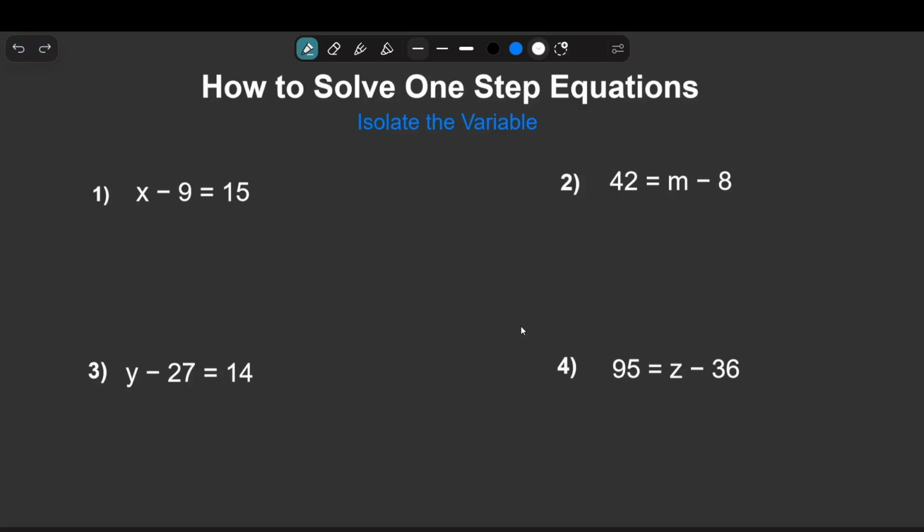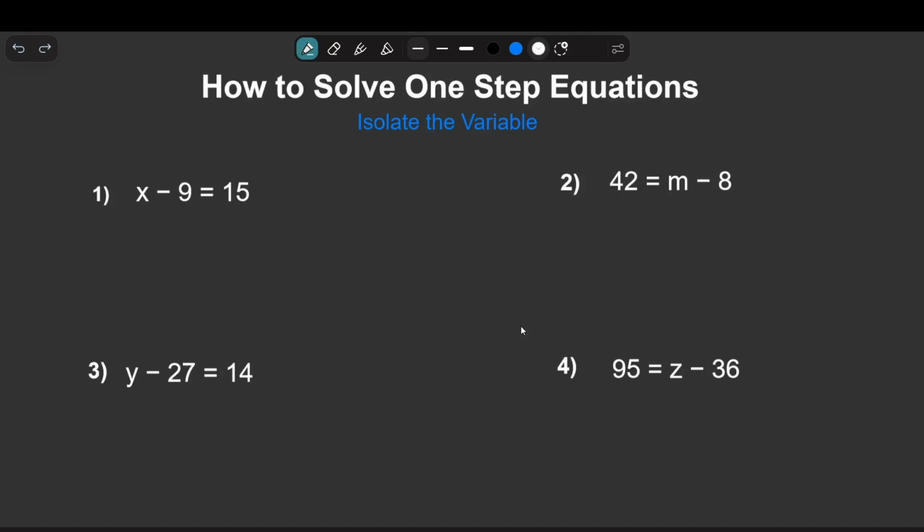I'm going to cover how to solve one-step subtraction equations. Now, when we solve one-step equations, we want to isolate the variable, which means get it by itself. Basically, we want to undo whatever is being done to the variable, that way the variable is by itself on one side of the equation. We do this by using the inverse or opposite